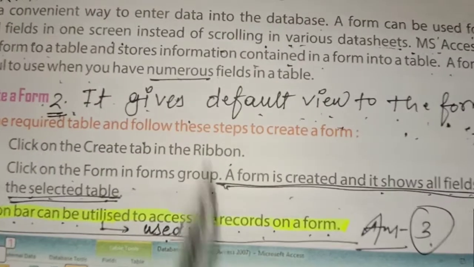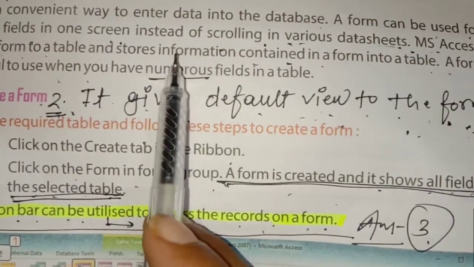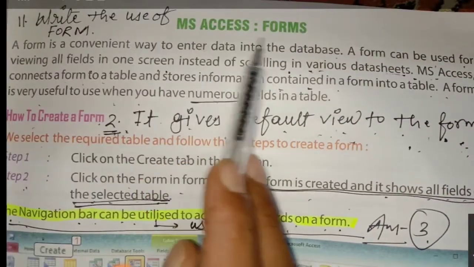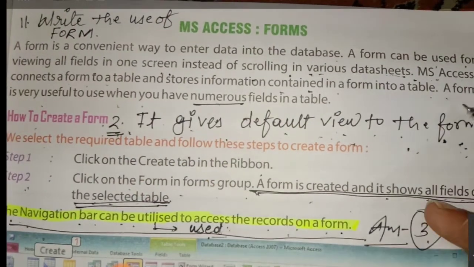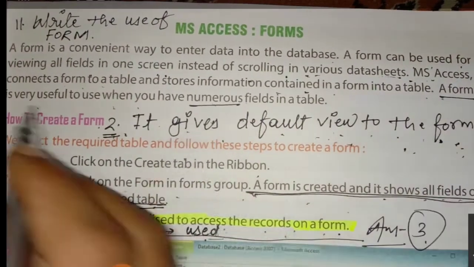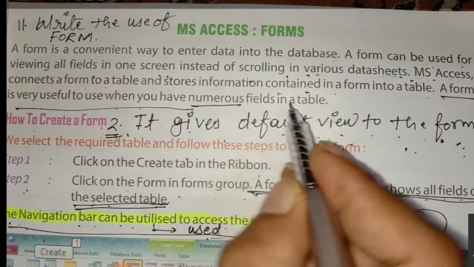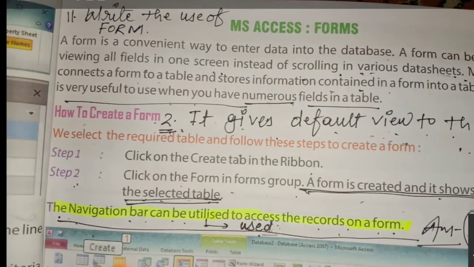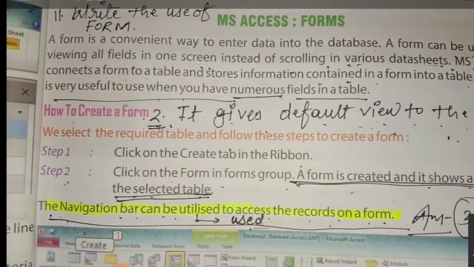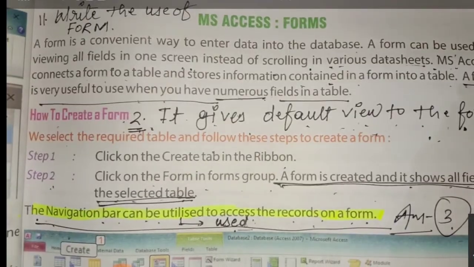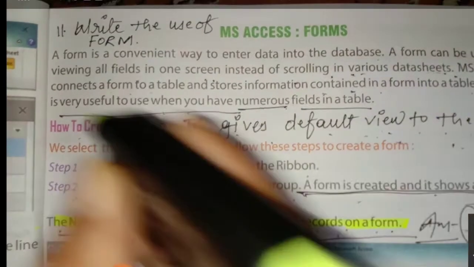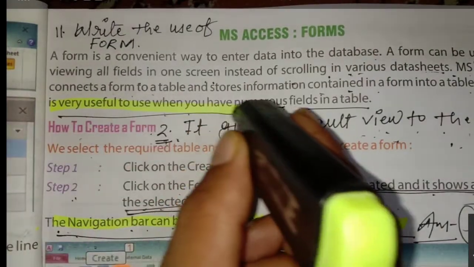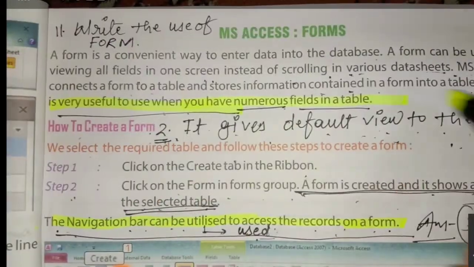Then page number 17, in the first paragraph under the heading MS Access forms, at the last line: a form is very useful to use when you have numerous fields in a table. When we have to enter many fields in a table, then this is useful. A form is very useful to use when you have numerous fields in a table.